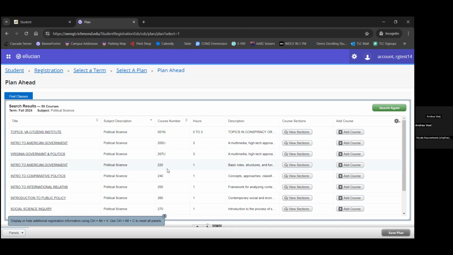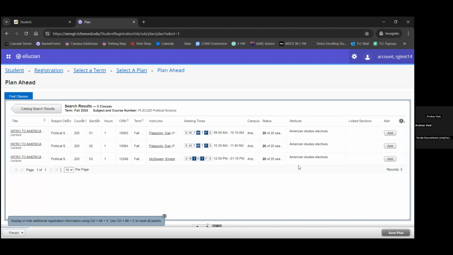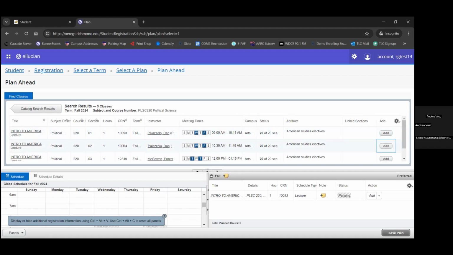In this case, because I am interested in political science, and if I've consulted that guide to recommended first-year courses, I'll begin with Intro to American Government, or 222, and click on View Sections. As you can see here, there are 3 sections of Intro to American Government being offered this fall. So I'm going to begin by adding those. But actually, I'll add only the first 2, since the noontime class sounds like one that I may want to break, might be a good time for lunch, or to decompress after, say, a morning of classes.